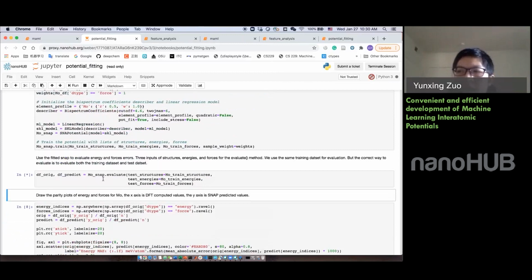Let's use this potential for predicting the energy and forces of the same dataset. The three inputs needed here for the evaluate method are still the lists of the structures, the energies, and the forces. But in theory, the correct way to evaluate this is that